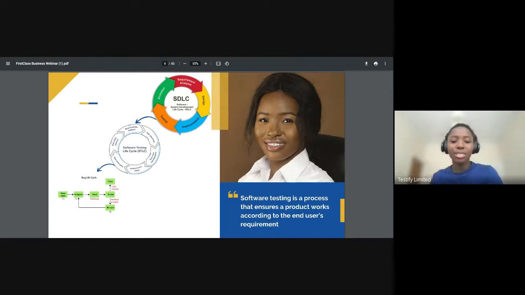I don't want to start giving you the definition of software testing as A for apple and B for ball, because I feel to a great extent we all know that software testing simply means you are testing an application. But I define software testing as a process that ensures a product works according to the end user's requirements. And I'll give a very simple analogy because I've spoken to some founders before, product-led business founders, and they were like,